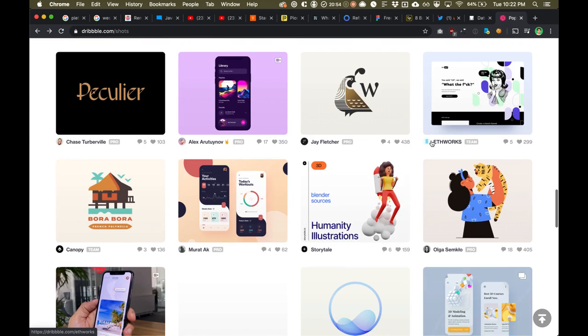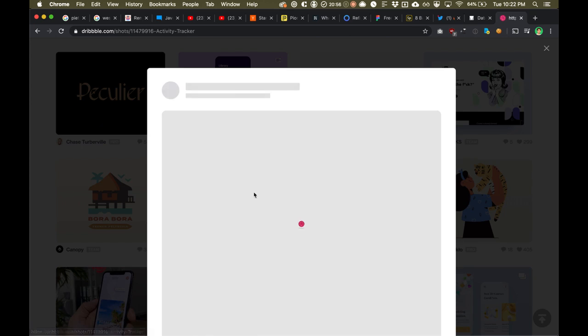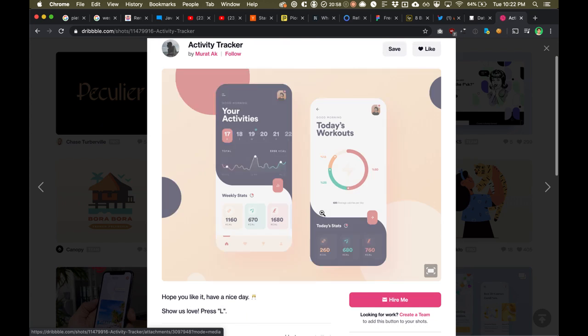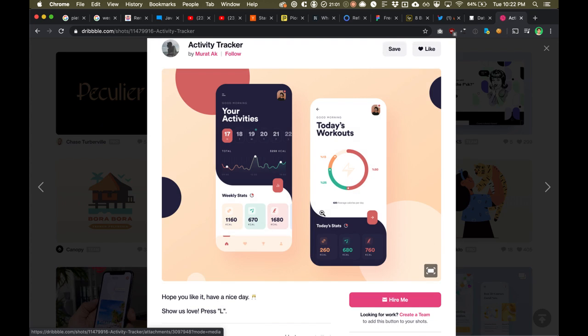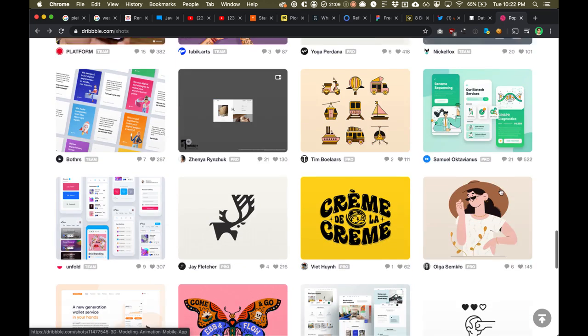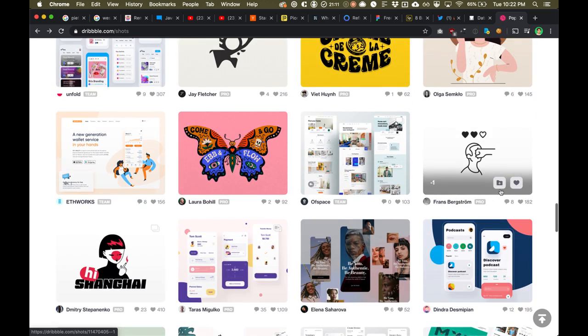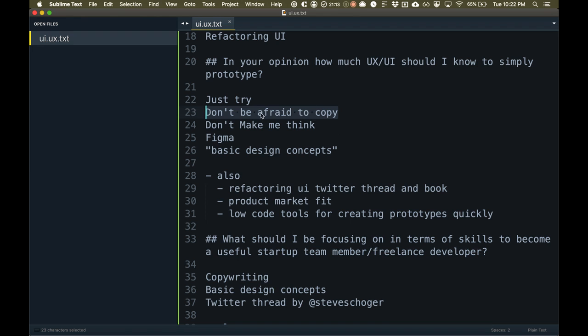But in general, I find this to be a really good oasis of great design. And if I'm feeling frustrated or struggling with a design of my own, I'll just come here and look at different colors, different layouts, and eventually I'll stumble on something that inspires me. So don't be afraid to copy from other designers or just from your favorite websites, right?